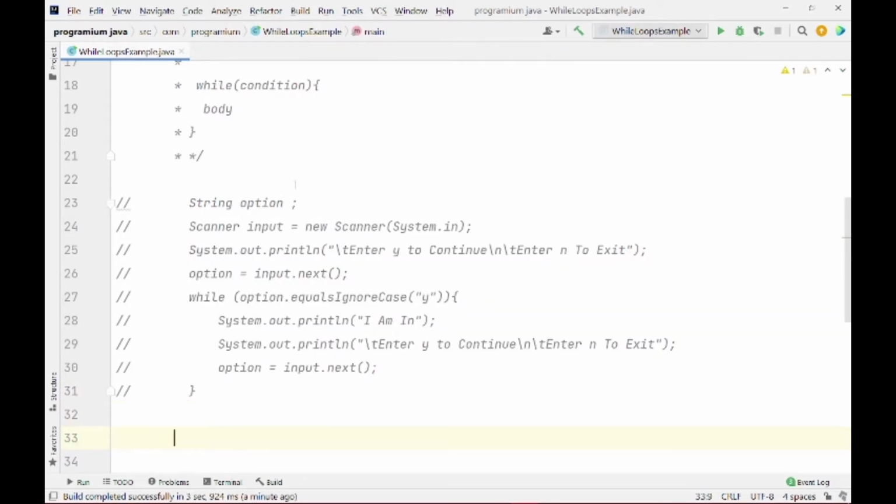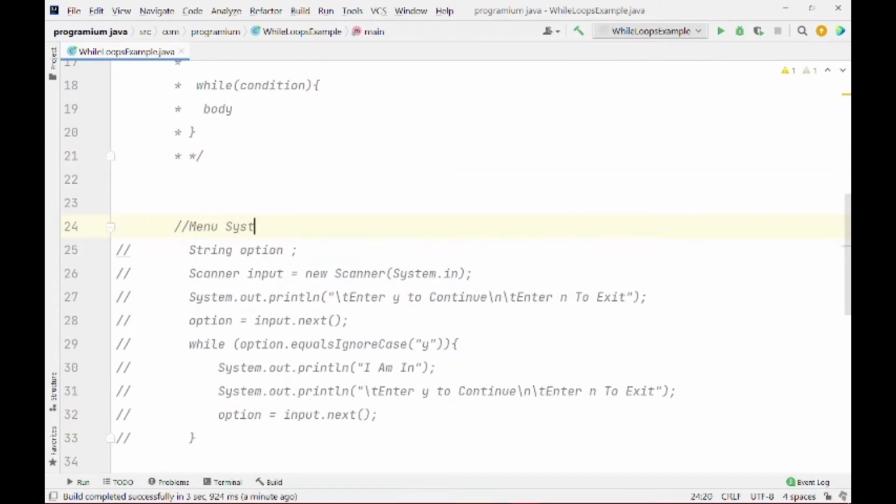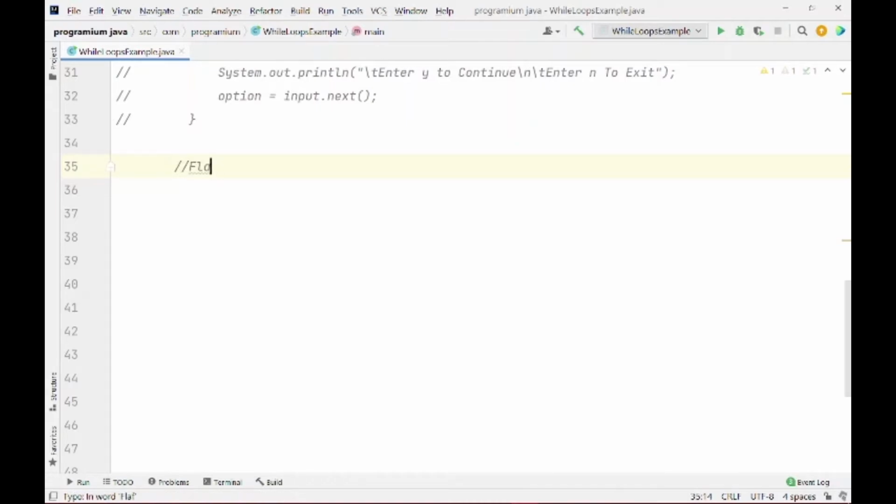And I'm writing here menu system in Java, and flags in loops. So what are flags?